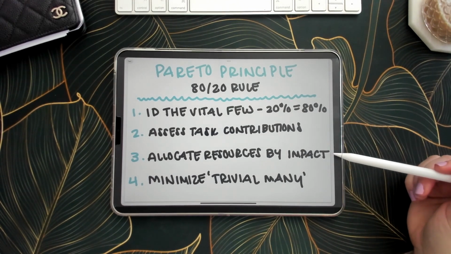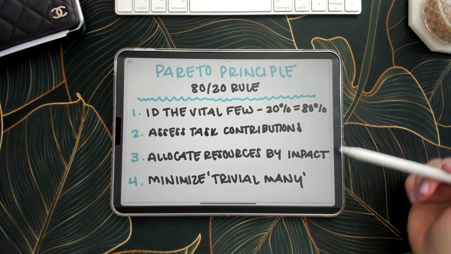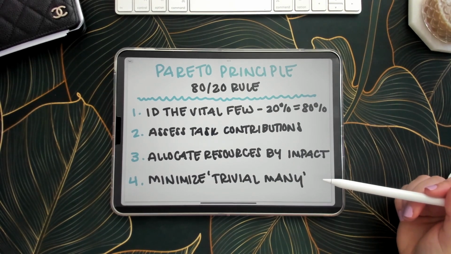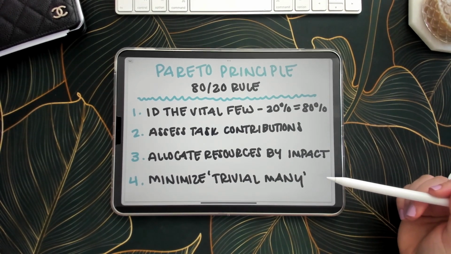This may involve reevaluating your task list and adjusting your priorities. And finally, minimize the trivial many. Acknowledge that not all tasks contribute equally to your goals. Identify and minimize tasks that fall into the trivial many category, recognizing that they may not significantly impact your overall